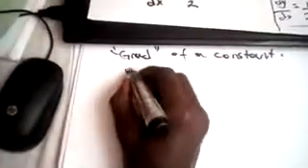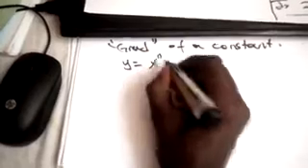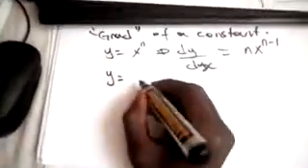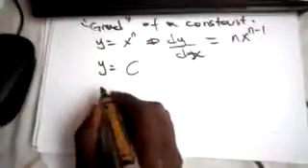Last time we said that if I have a function y equals x power n, we can get its gradient dy/dx as n times x power n minus 1. But suppose that I have a function y is equal to a constant. A constant is any number. If this number is real, maybe, or imaginary, but it's a constant. Okay, we want to consider a constant in this case. So if it is a constant, remember